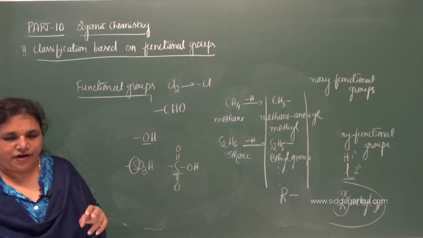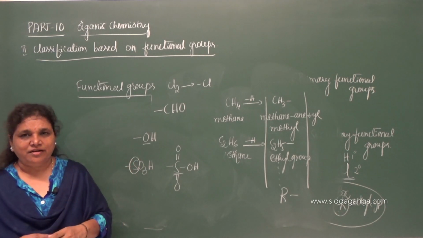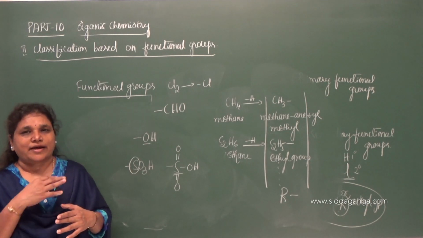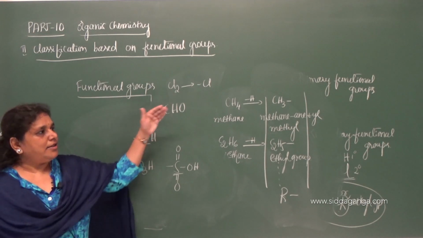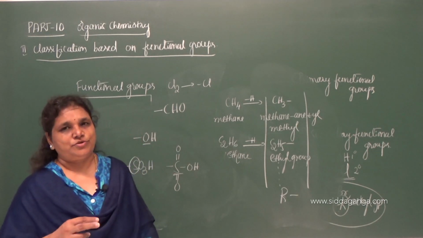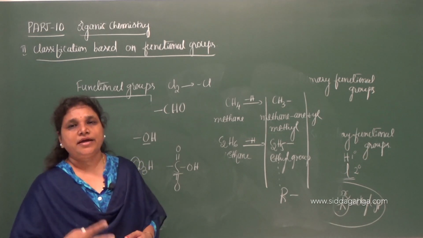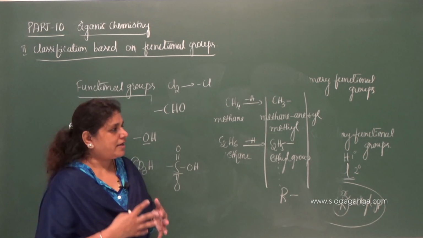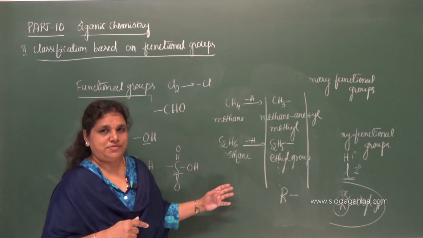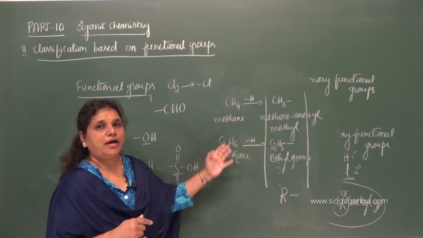They are classified into 2 types. What are those? Terminal and non-terminal functional groups, depending on the position of the functional group on a carbon chain. And on the basis of priority, we can classify the functional groups into 2 types. One is primary functional group, second one is secondary functional groups. And secondary functional groups also contain substituents. Substituents, the best example for substituent groups is alkyl group.